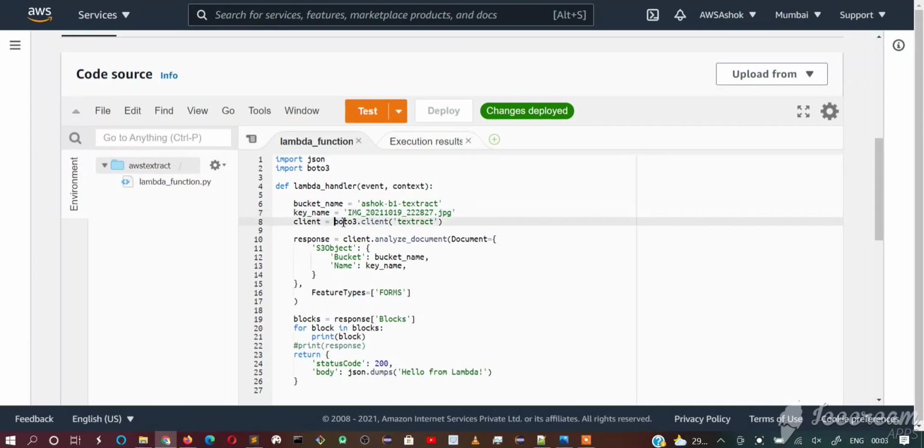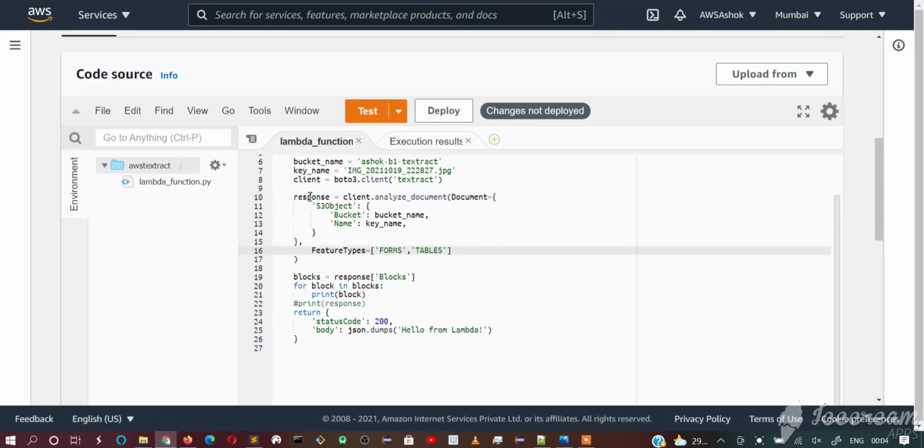We get the client for Textract using this line, and simply call the analyze document API, providing the path of the file in S3. Here we also mention the feature types we want to extract, so that Textract can save time. If you want only the key value pairs, we can just mention forms, and if we also want tables, we need to mention tables here as well, so Textract extracts tables from that image.